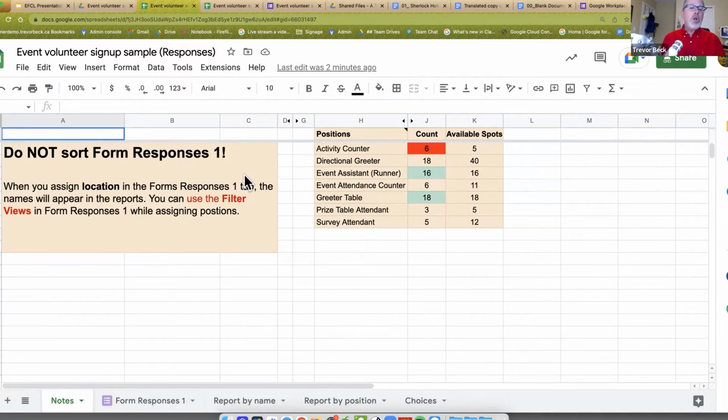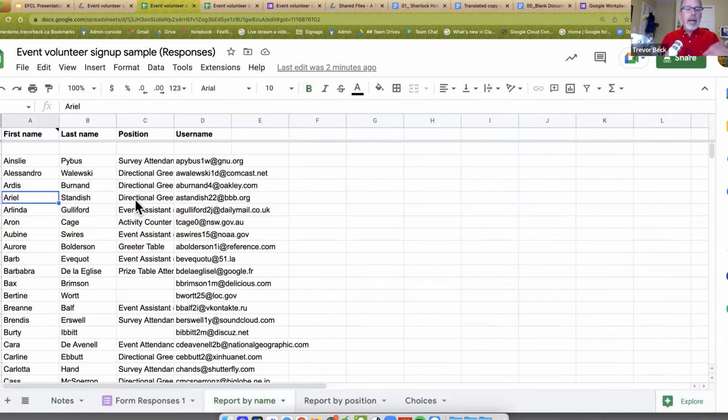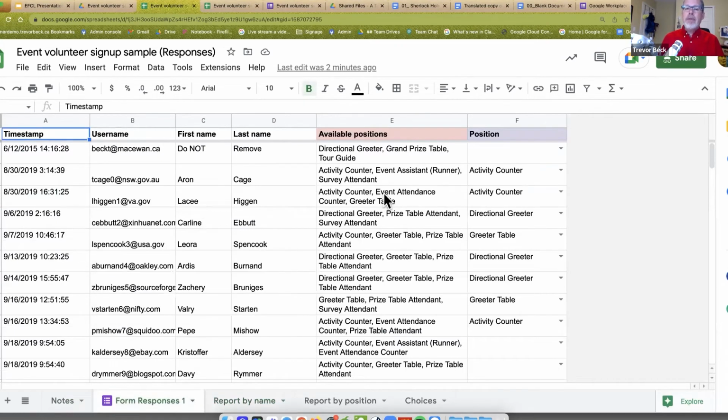There are things that you can do to protect it. If the person doesn't need to be editing it, I can give them view only access. And I just create these reports and they just click on it and go, okay, I can see Ariel's a directional greeter. So that's things that I do. There's ways of protecting the sheet to say, if someone tries to make a change in here, either block them or give them a message saying you're trying to change something, don't do that. So there are ways of protecting it. It just depends on what the role is of the person that's coming in. Do they need to actually edit, or do they just need to be able to view it? And 9 times out of 10, if there's someone that's editing, they usually know what they're doing. So you only give out edit access to those that actually need it. That's the first rule of thumb.